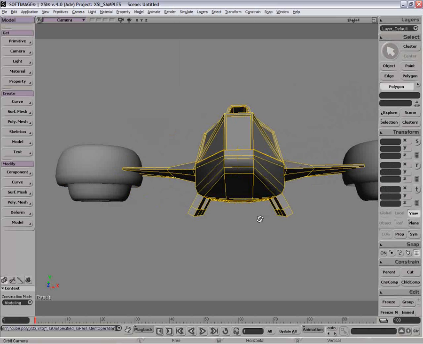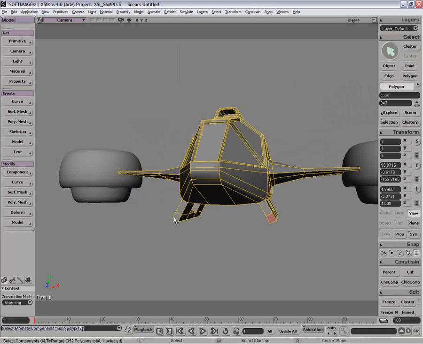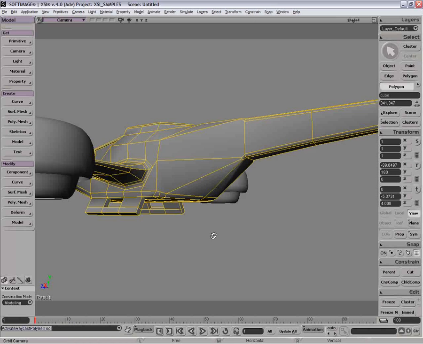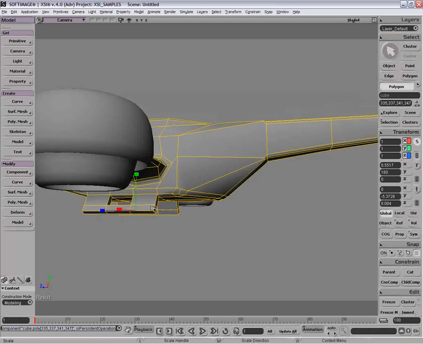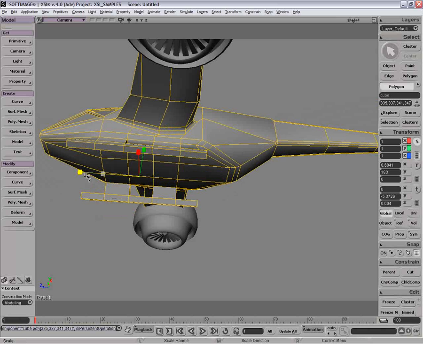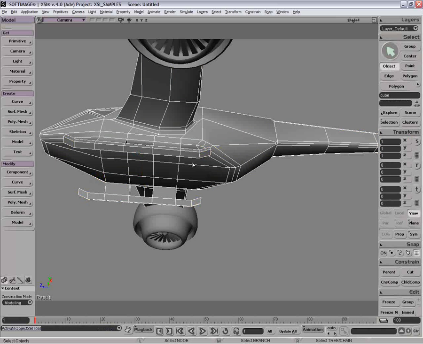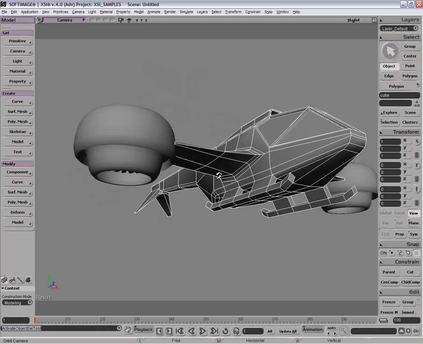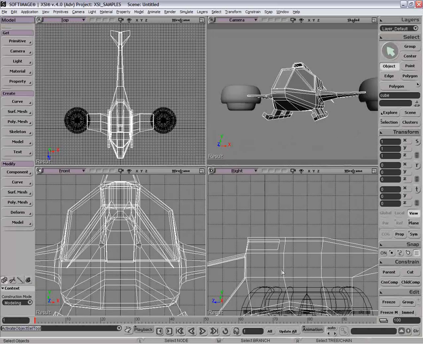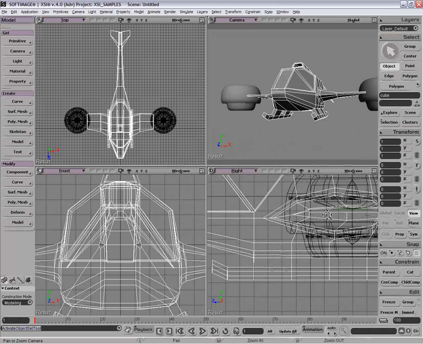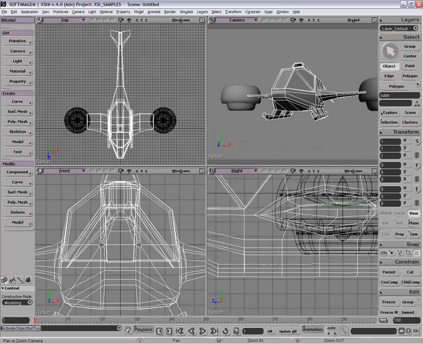Okay, and then we're just going to take the front here and the front here, and actually might as well do the back at the same time too. There we go. And we'll just duplicate them and scale them out, or we could go into the length. Okay, and maybe duplicate again and just move them up a little bit. Okay, so that's the basics of the landing gear. Phenomenally complex landing gear. One thing I've just noticed is I'm not particularly happy with the way that I brought